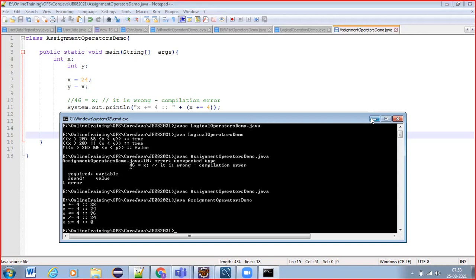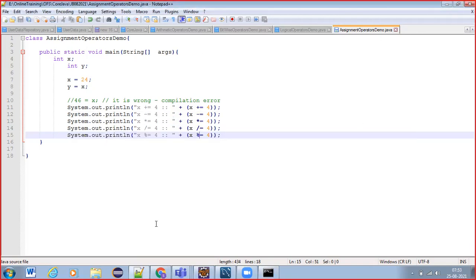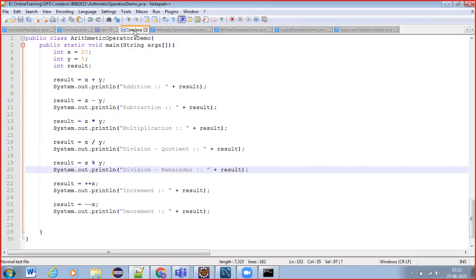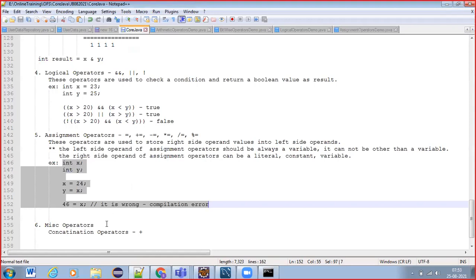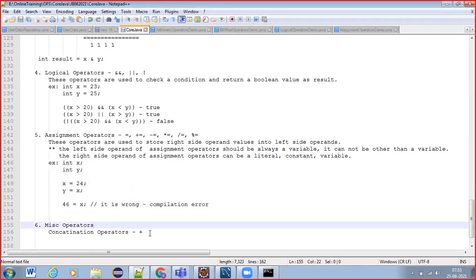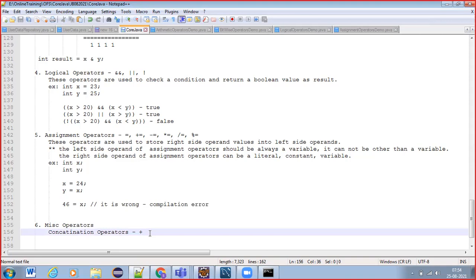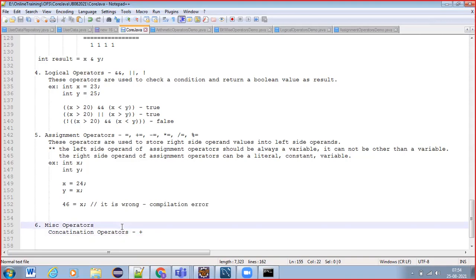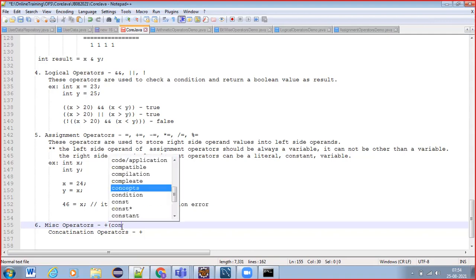So today we pause here, and tomorrow we'll continue with other operators that are supported in Java language, miscellaneous operators. What are those? Like the concatenation operator that we have already discussed. Under miscellaneous operators, plus is one operator, which is nothing but the concatenation operator.